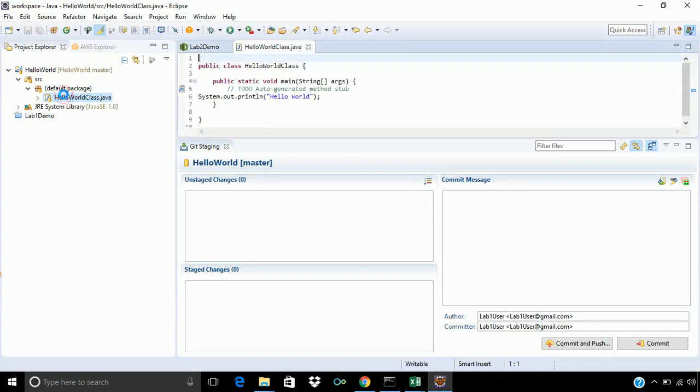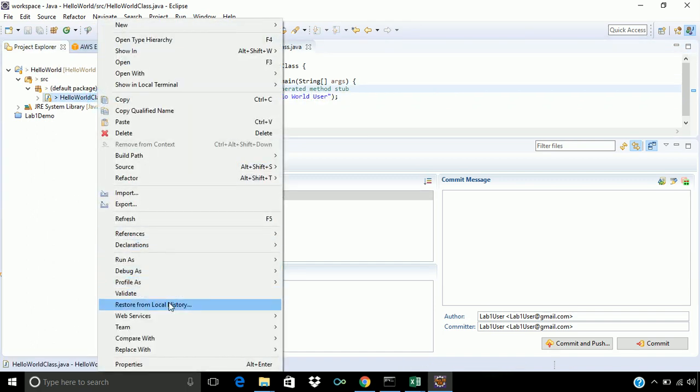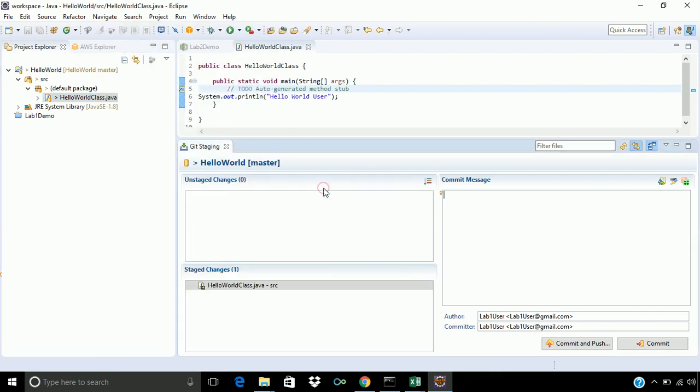So let's open this and write hello world user and let's save it. And now let's check in again, team and commit. Here you can see it is in staged changes.